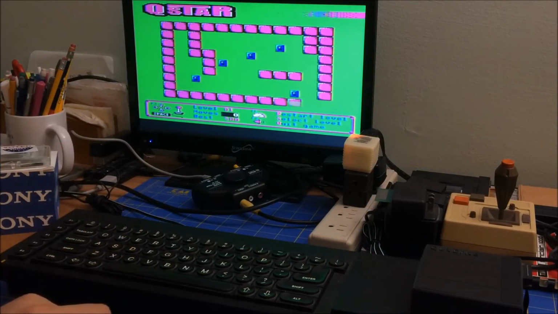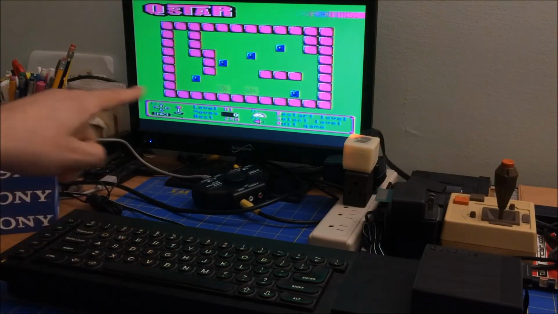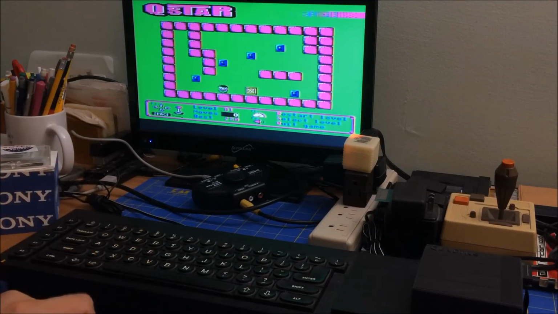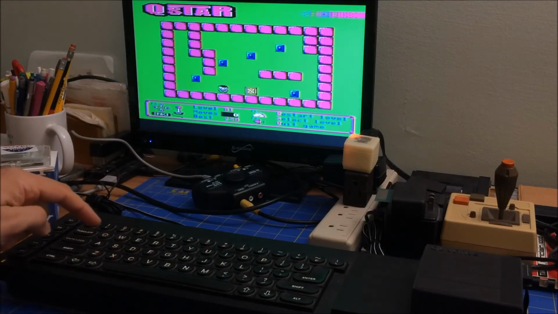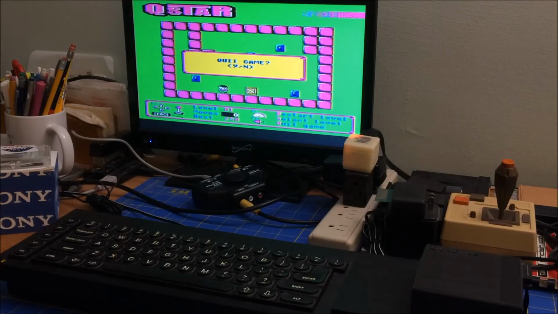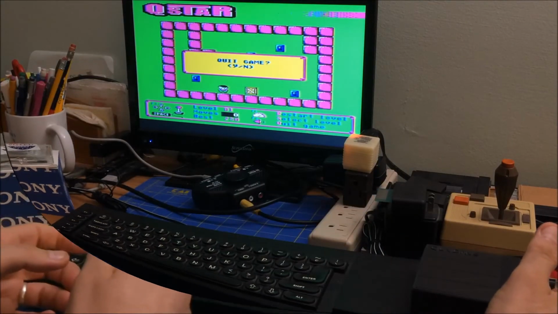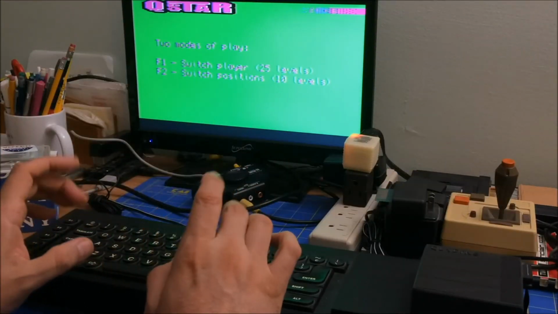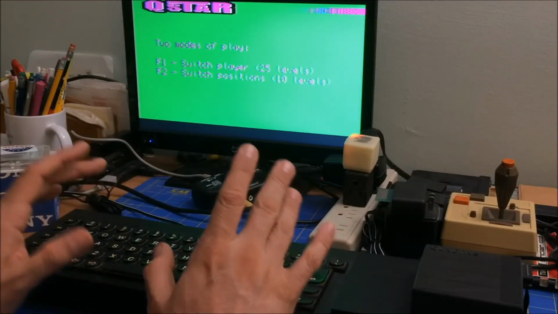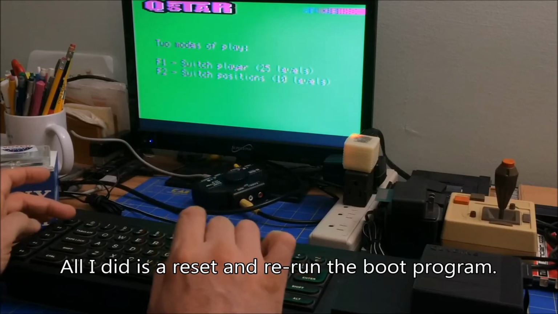This is, again, QStar 2, where if I hit space, the two players alternate. And then if I quit the game, I can quit it. So let me show you, I'm going to jump to the screen again and show you that this time, again, from this mode, I'm just going to reboot and show you that I can go back to this screen, and this time I'm going to hit F1, and you'll see that it's going to switch this